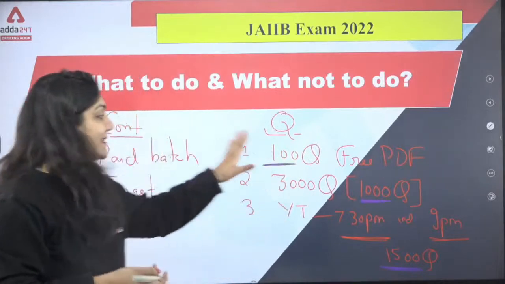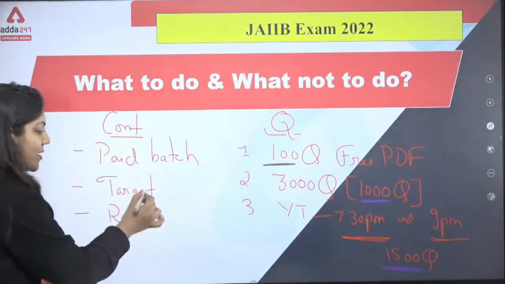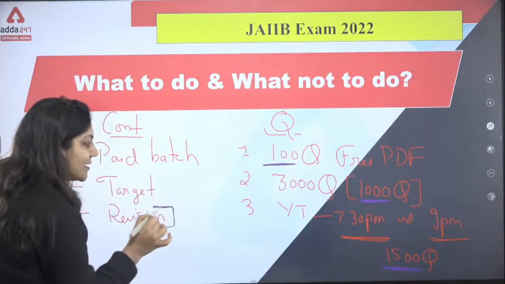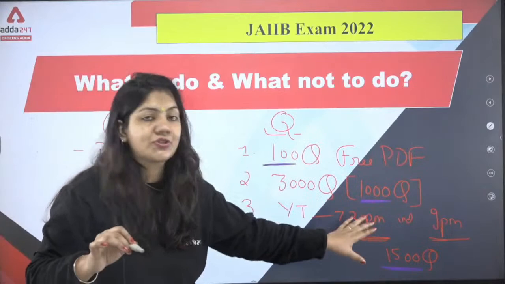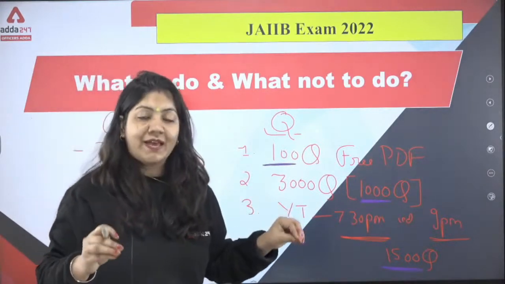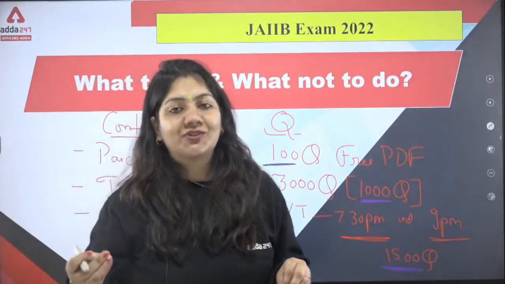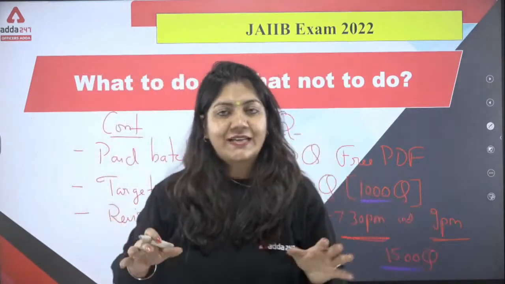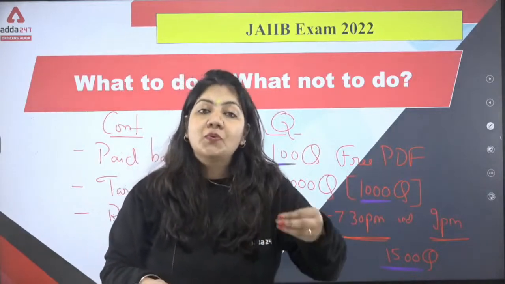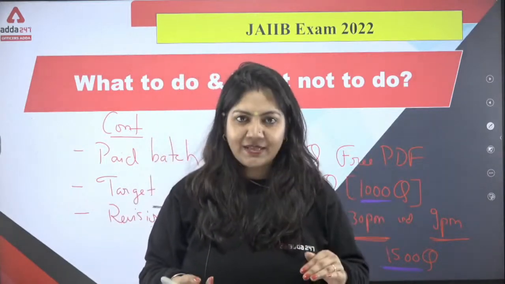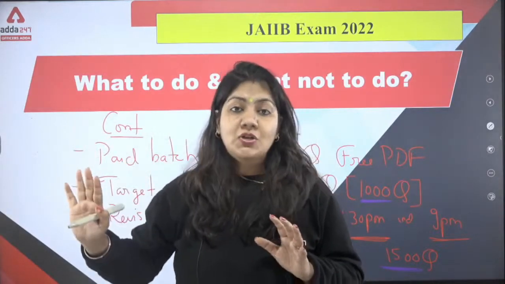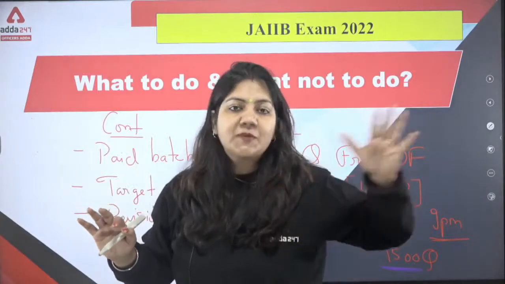If you do this, just take one batch. Suppose you have taken the revision batch, so revise it very sincerely and do all the questions of this batch. If you do that, then even if you do not score much in AFB and PPB, at least 45+% you have to score in these two subjects. In LRAB you can score 70% or above. So on average you have to score 50% above.